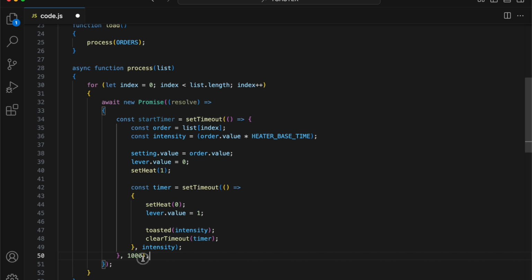Okay, now the next thing that we have to do is we don't want the set timeout to happen. We don't want to wait 1,000 or 1 second on the first one. We just immediately want to go. So how do we know that something is the first item in a for loop, or any of these forEach, or any of these? By the index. We know index 0 is the first one. So what we can do is do a ternary down here,